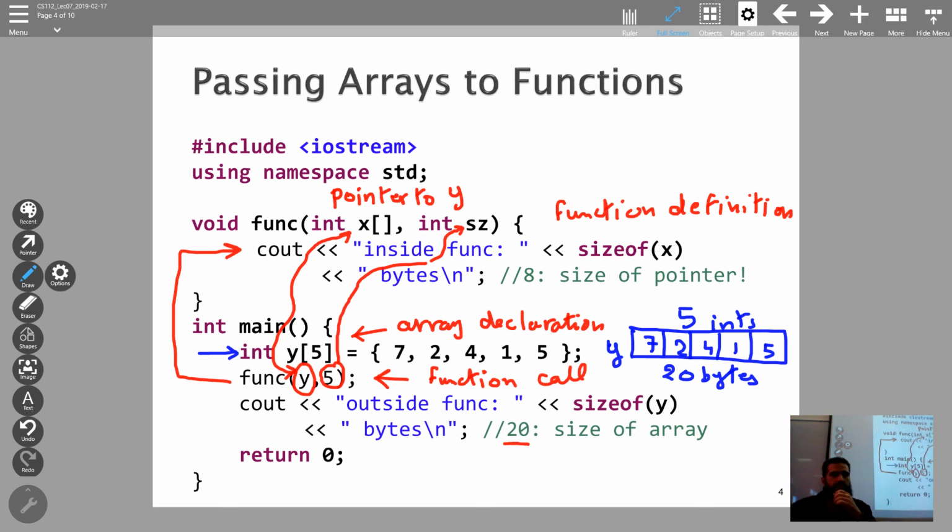Of course, on my machine, maybe on your machine it can be different. And how about inside the function? If you print sizeof x inside the function, x is a pointer to y, it's not a copy of the whole array. So in that case, it is going to print 8. 8, as we will study in 2 minutes, is the size needed in memory to store the address of another variable, which is the size of a pointer. So x contains the address of